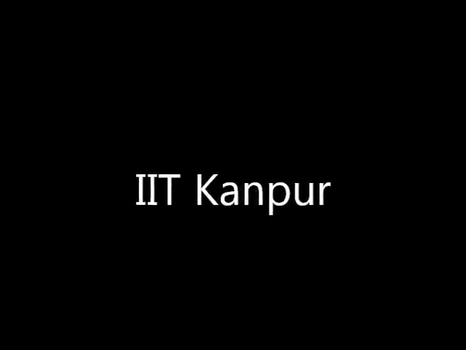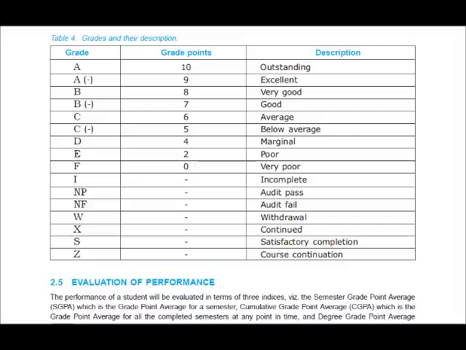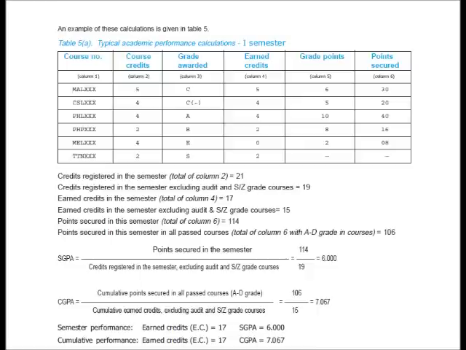In IIT Kanpur, only even grade points are given on a scale of 10 and it is mentioned on page numbers 14 and 15 of the undergraduate manual of IIT Kanpur. IIT Delhi has also mentioned it on page number 8 of their prospectus. IIT Delhi has also given an example of SGPA calculation on page number 9 of their prospectus, in which grade points are taken as a constant value for a fixed grade.